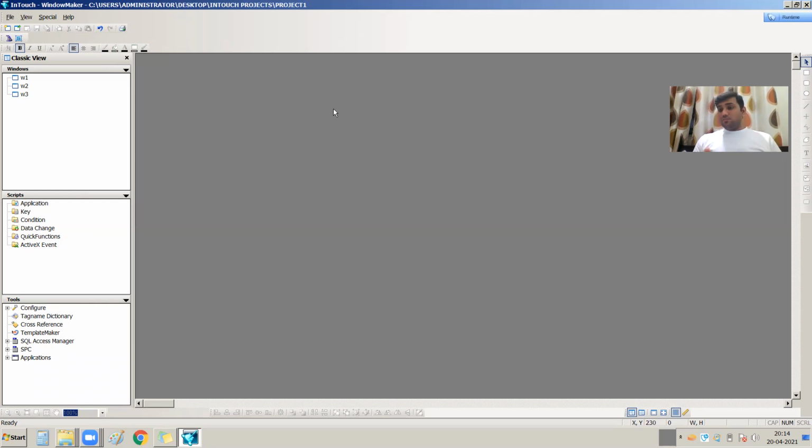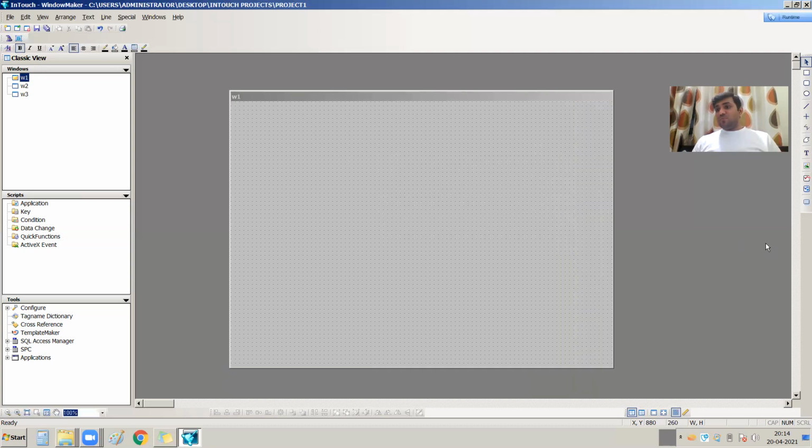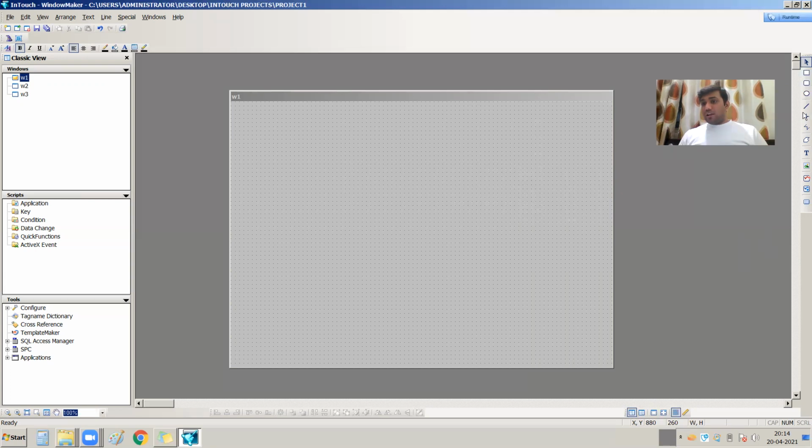Now, back to the right hand side. Just wait, I am opening one particular window. So I am opening window one. At the right hand side, you can see rectangle, circle, line, polygon, text, bitmap images, trends, buttons.